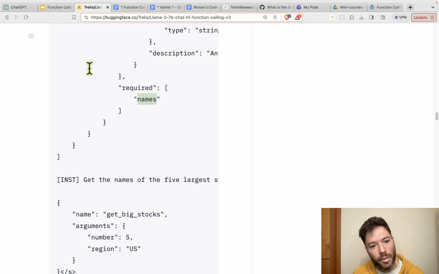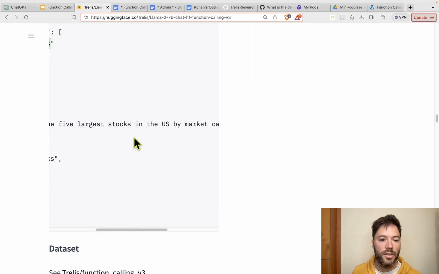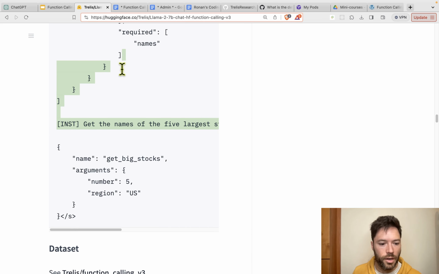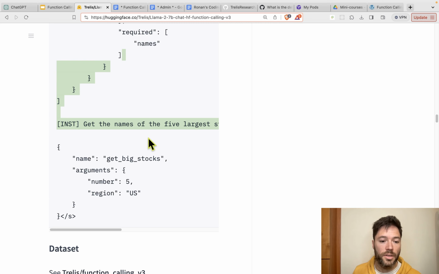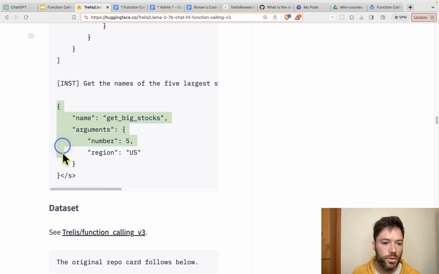All right, so after that prelude where we tell the model what functions are available, we then ask the model to get the names of the 5 largest stocks in the US by market cap. And then we have this token, which is typical for Llama, that indicates the end of our instruction. So we would basically send all of this prompt, everything up to this point here, to the LLM and get it to respond. And if the model is fine-tuned for function calling, it will respond with a structured response like this,